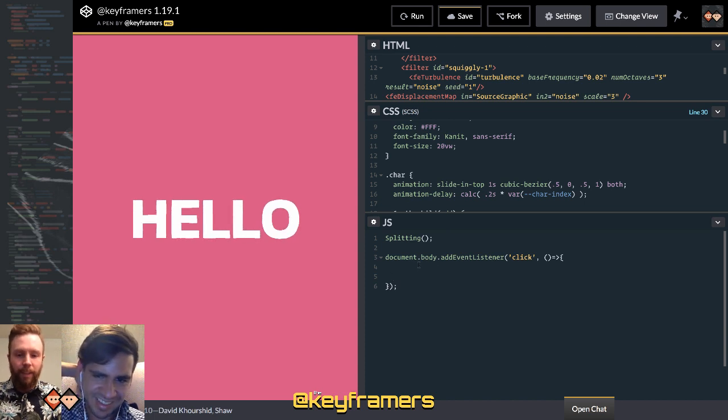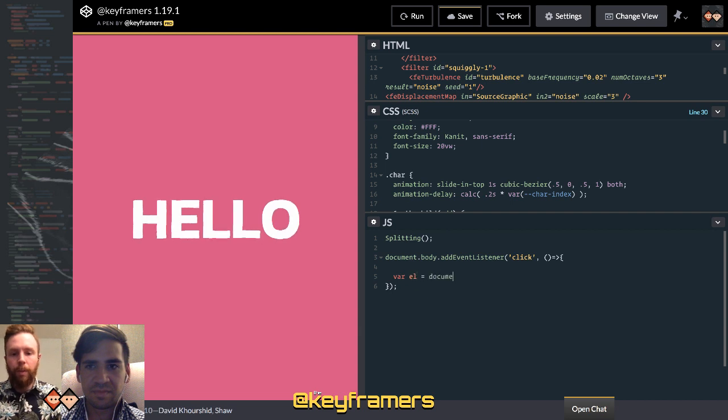So what we'll do is let's see. What is it? Document. Let's see. var l equals document.querySelector data-splitting, and then we'll do clone equals l.cloneNode, and then document.body.replaceChild.